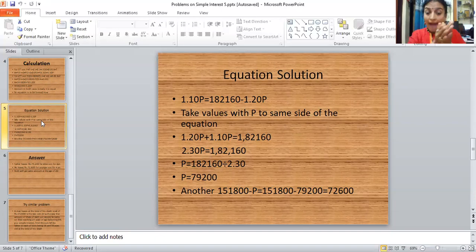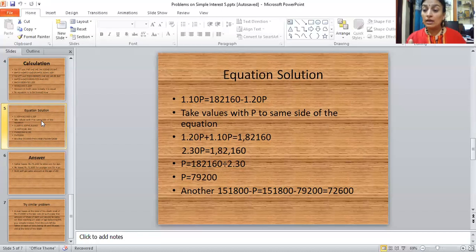Now we should add it. Now the addition becomes 2.30P. And what is there on the other side of the equation? 1,82,160. Now you calculate the value of P. P is equal to 1,82,160 divided by 2.30. So the answer is P is equal to